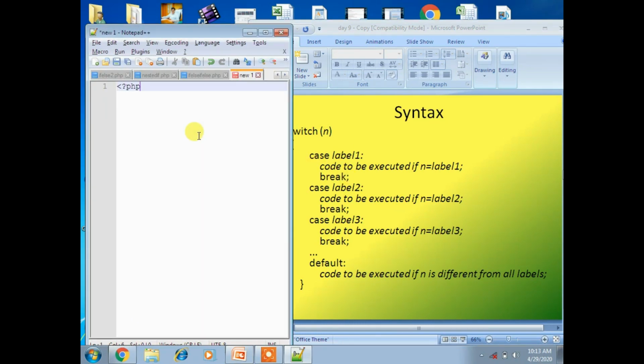Okay, PHP and dollar name equal to, so I am giving my name, Dhananjay, and now here I am using switch, dollar name, and I am placing case statements here.